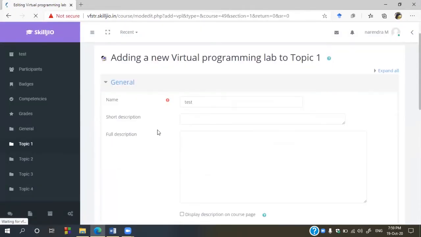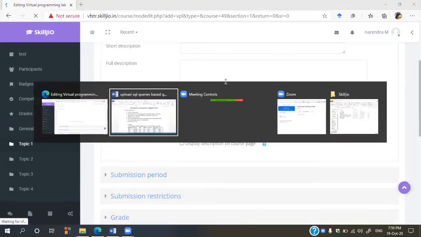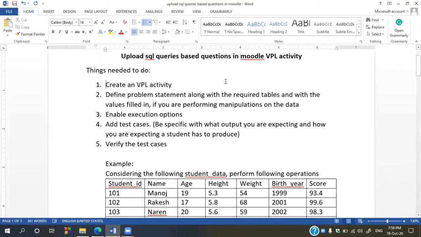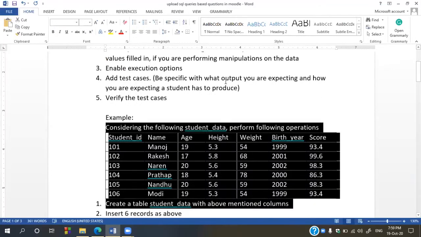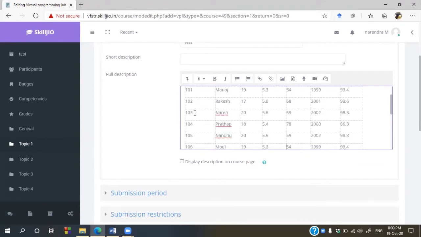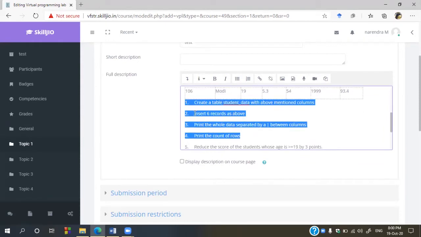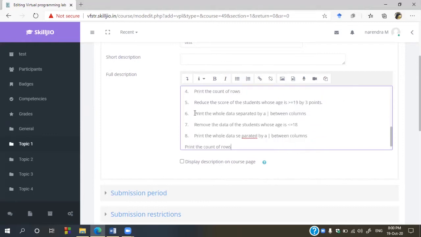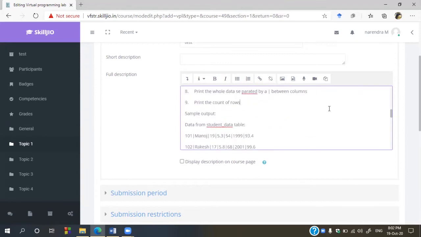Give a name for your problem, and here in description you provide all the necessary information that a student needs to do: table name, number of columns, a table with the data, followed by what a student needs to do, and provide a test case. And this is the sample output I'm expecting from the student.